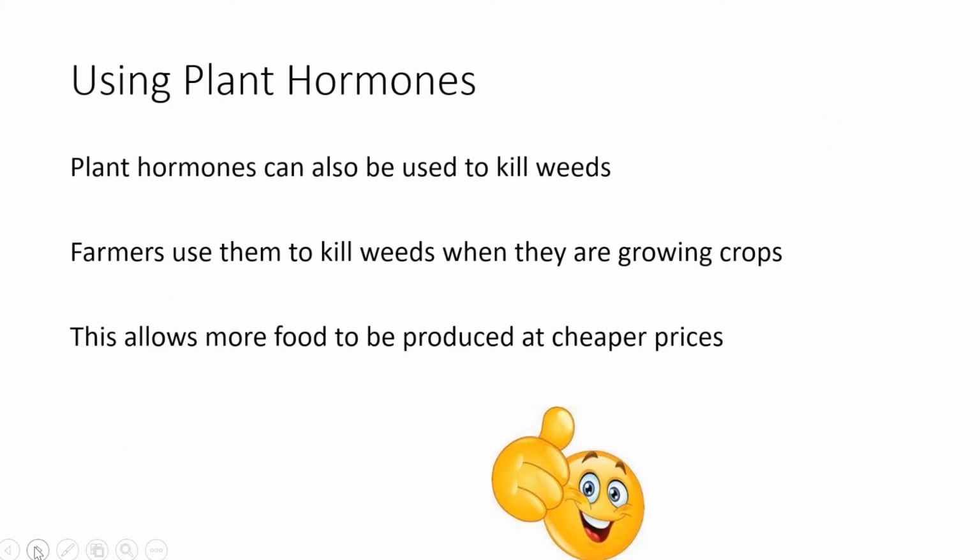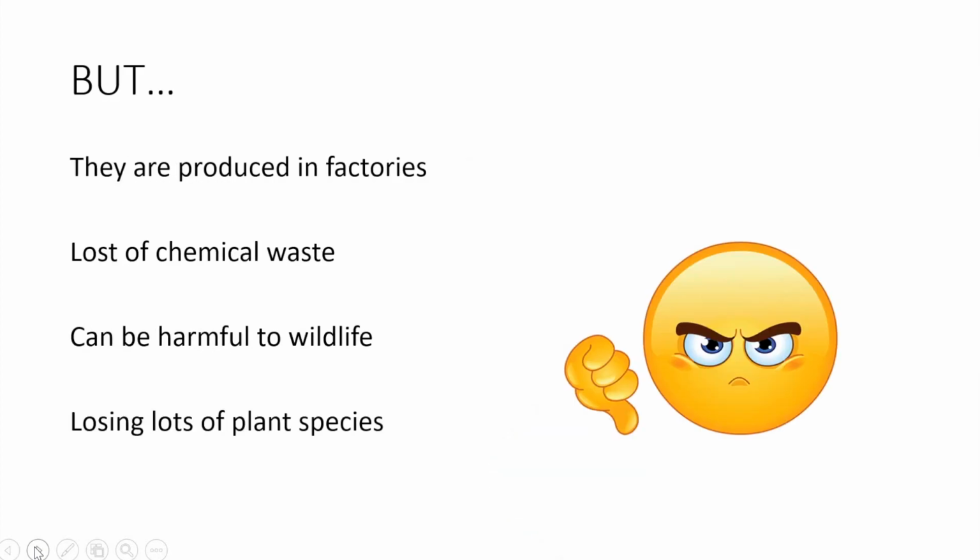So plant hormones can be used to kill weeds. We kill weeds, then they don't compete with the crop that the farmer is trying to grow. This allows the food to be produced at a cheaper price. But they're produced in factories, there's lots of chemical waste, they can be harmful to wildlife if they get into the food chain,